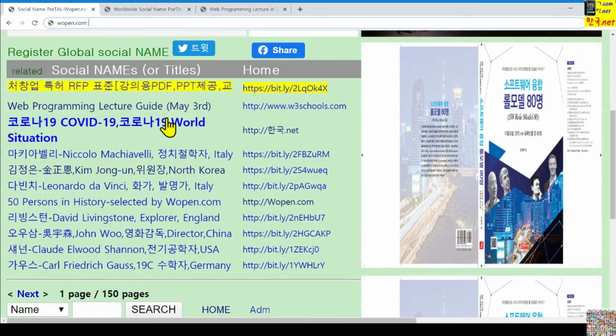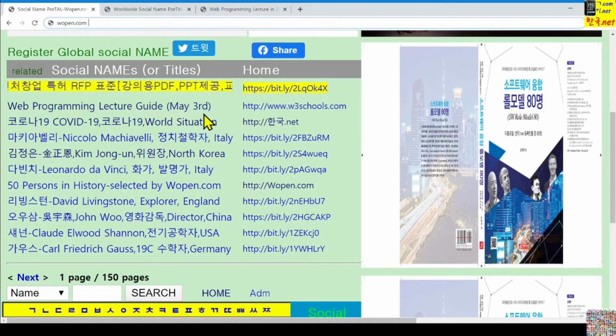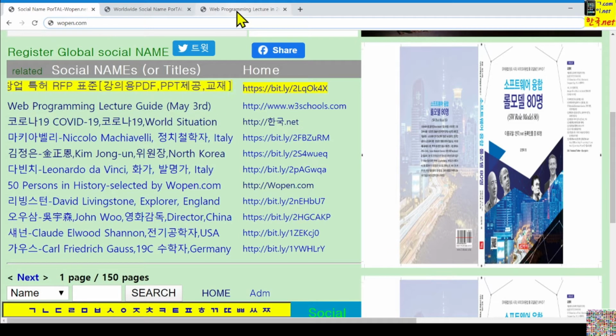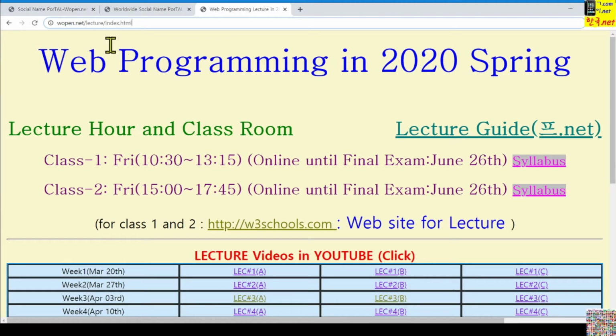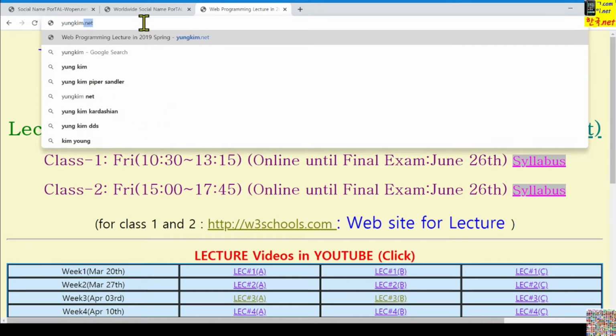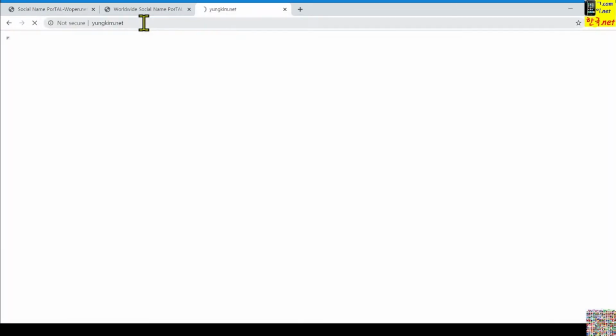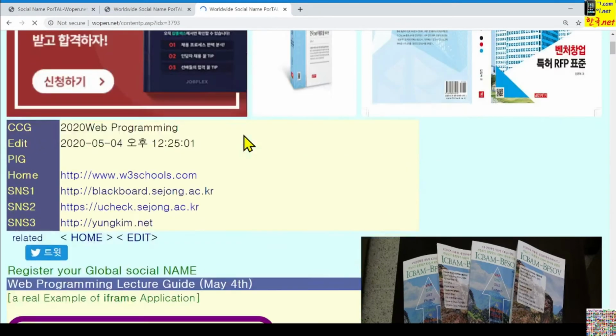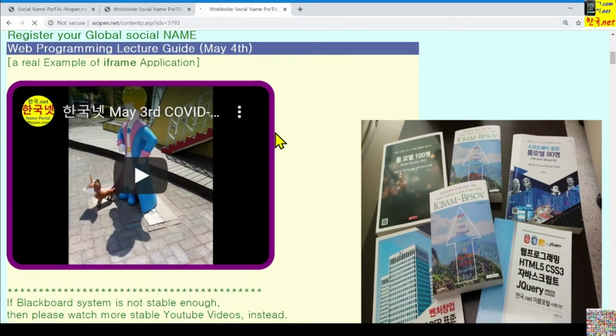Okay, before going into the JavaScript tutorial, let's look briefly at the announcement shown in this bulletin board. You can come here from this youngkim.net. This is a simple web page, and if you click this one, then you can reach there like this. This is the announcement bulletin board.